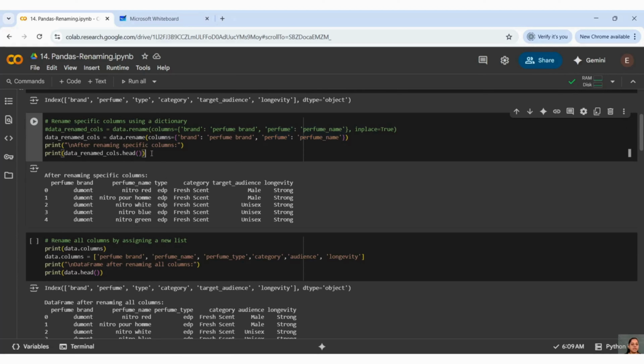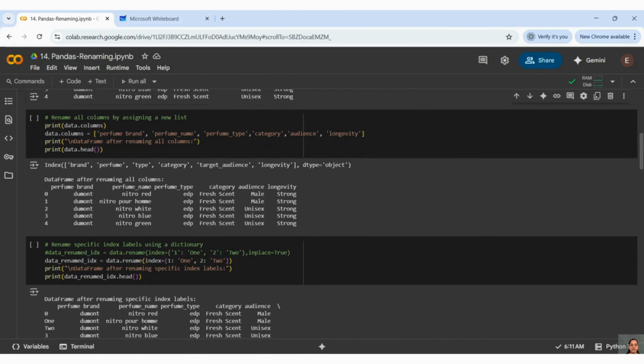Now we will see the head of those renamed columns. Let us see. You can see after renaming those columns, my brand became perfume brand, right? And the second column, perfume, was renamed as perfume underscore name. This is how you can rename specific columns.